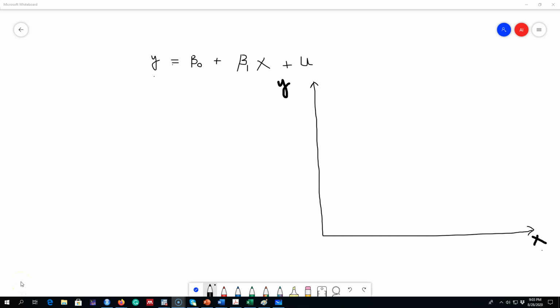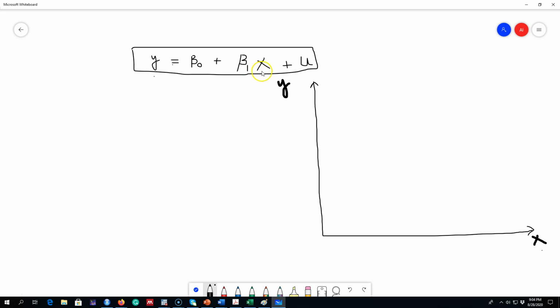In this video, I'm going to talk about the graphical representation of a linear regression model. And this was the linear regression model that I showed you in the previous video. This is a simple linear regression model because it is showing us the relationship only between these two variables, x and y. Later on, we are going to extend this model to include other x variables in the model. In that case, it will be called a multiple linear regression model. But here we are dealing with a simple linear regression model.